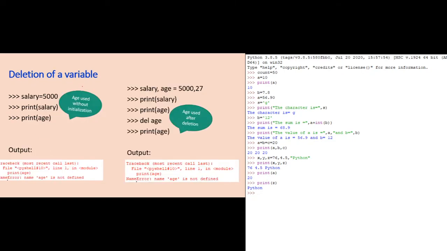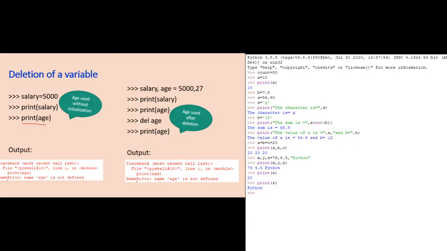And the variables can be deleted from the command prompt itself. And once deleted, its entire memory will be erased and it cannot be taken back. See here, there are two cases of using a variable without being declared or after deleting. So in the first statement, salary equal to 5,000, print of salary, okay.